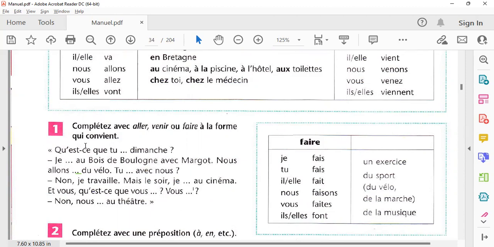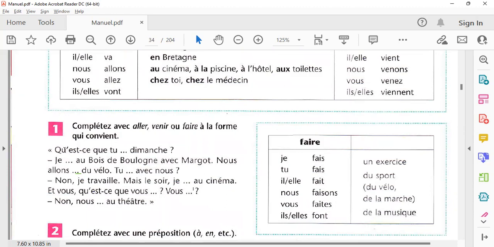Qu'est-ce que tu dash dimanche? Over here it will come fais. Faire, well done. So qu'est-ce que tu fais dimanche? So this is faire. Out of the three, you chose faire. Well done, very nice. And remember that